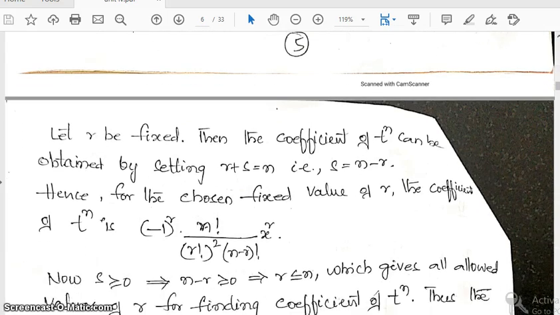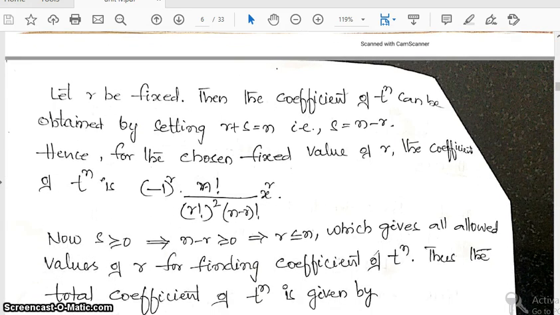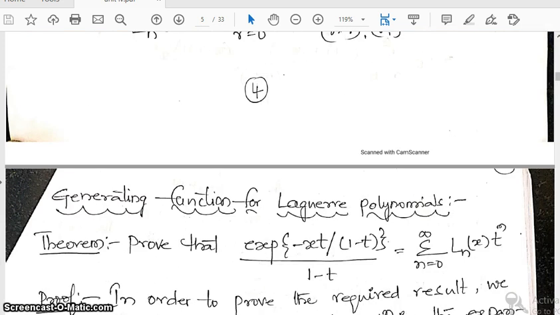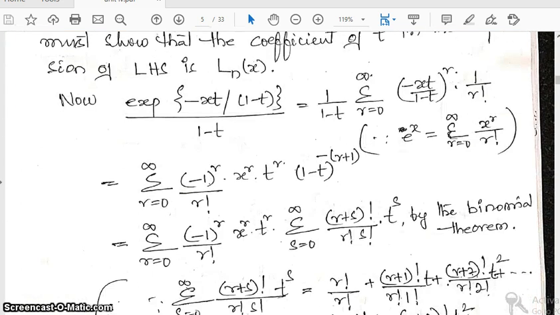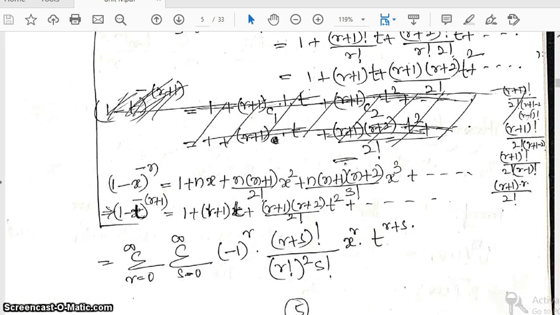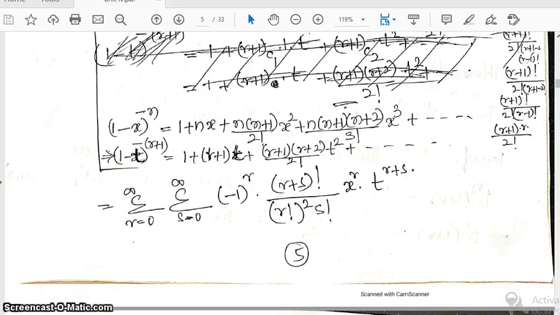So now let r be fixed, then the coefficient of t to the power of n can be obtained on the RHS by setting s plus r equal to n. So r plus s equal to n, that is s equal to n minus r. Hence, for the chosen fixed value of r, the coefficient of t to the power of n in this is, so if you